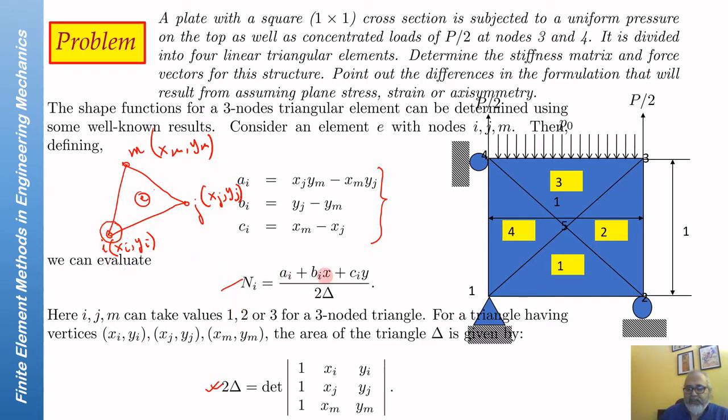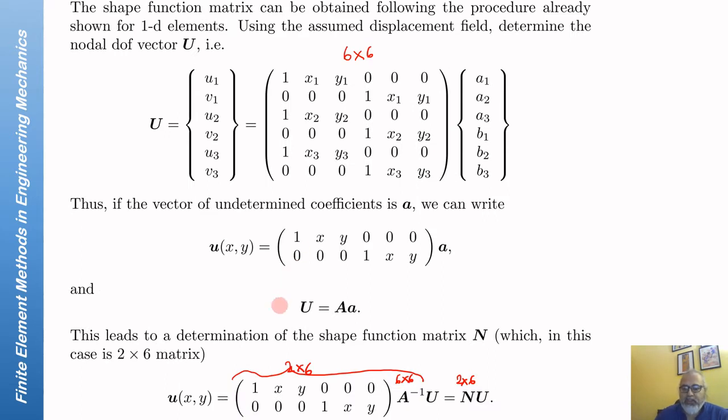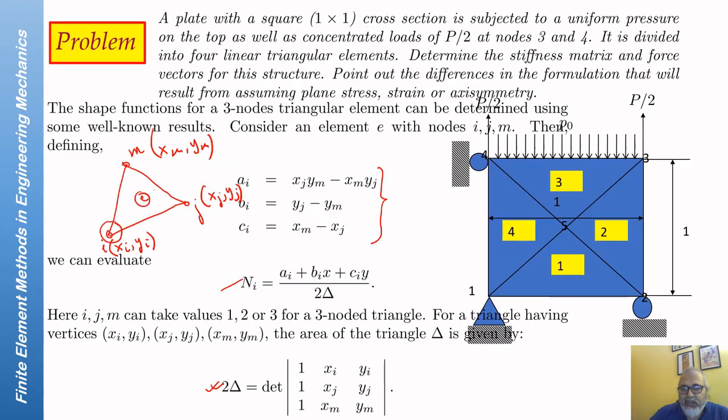And this Ni is given by (ai + bi x + ci y) divided by 2 delta. So this is an easy relation which embodies everything that you would do in this multiplication here. Here you would multiply this matrix with the nodal coordinate matrix, and this is a compact way to perform that operation and get N1, N2, N3 out